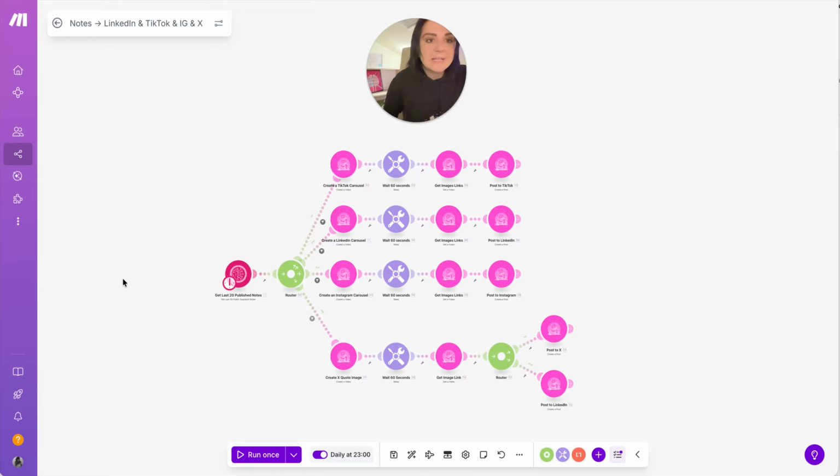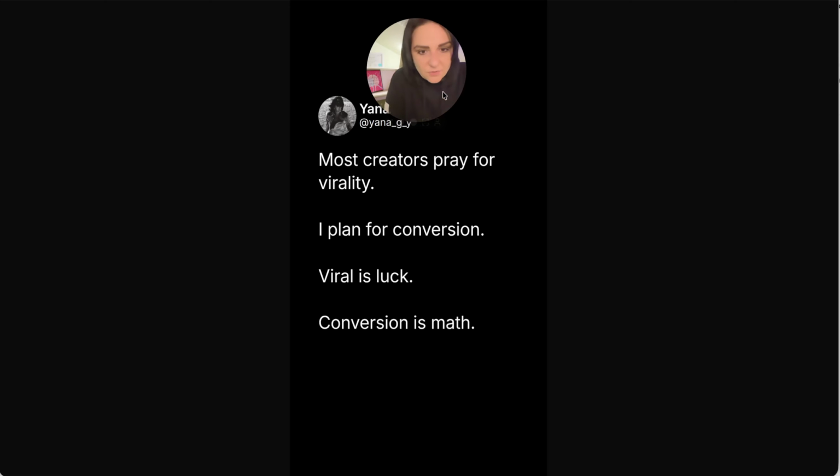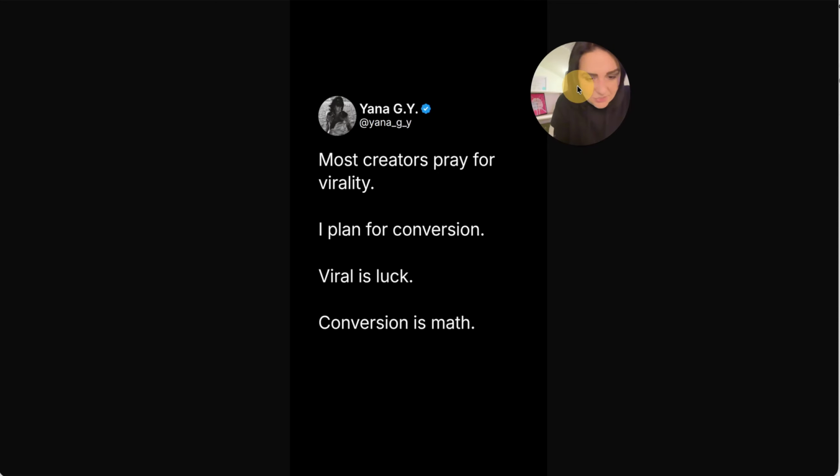But before that, I just want to show you how your posts could look after using this automation. So you could turn your note into an image quote that looks like this. I'm sure that you have seen this all over the place on X and on LinkedIn as well. You could use your Substack image and also your name and handle. Those are entirely customizable, I'm going to show you in a bit, and the text here is the text